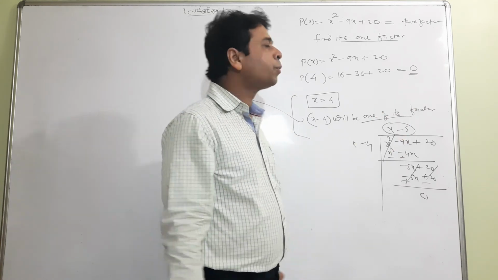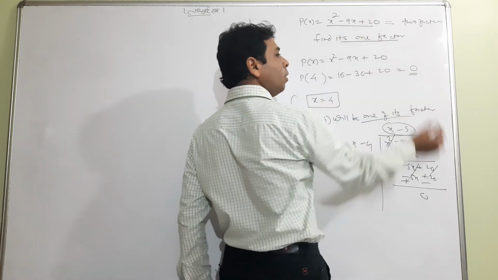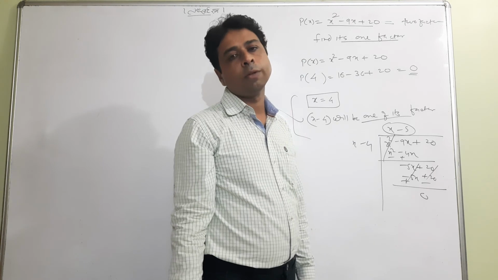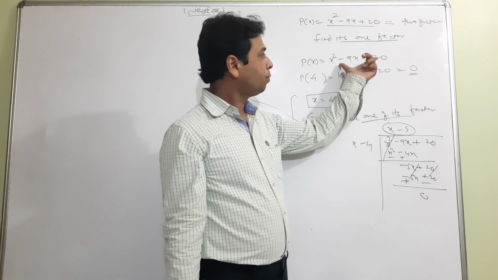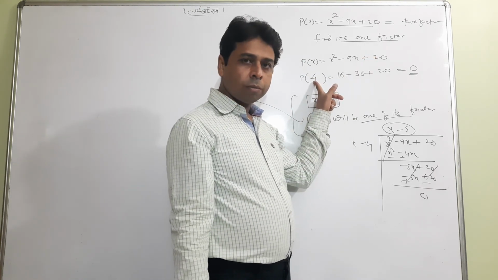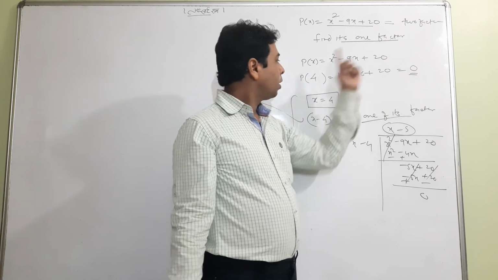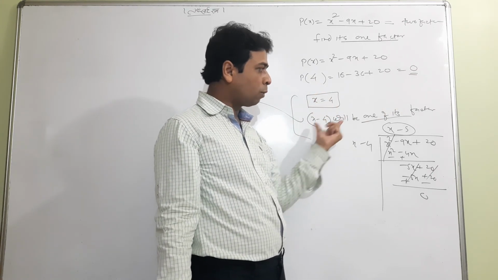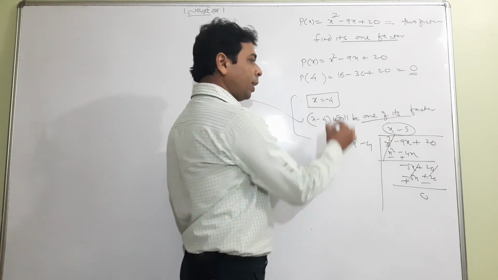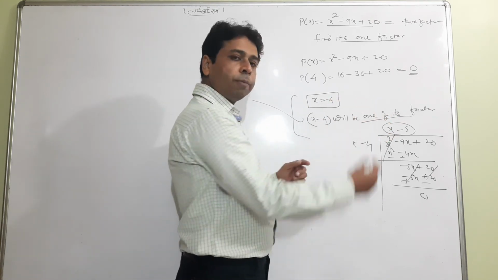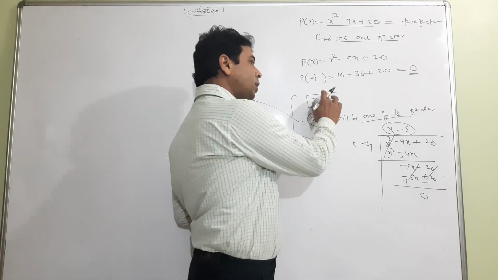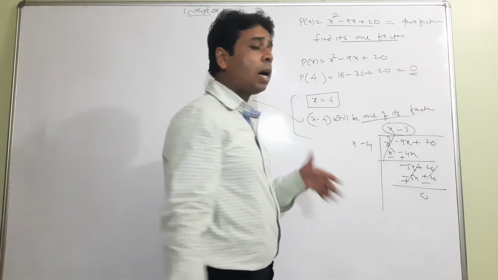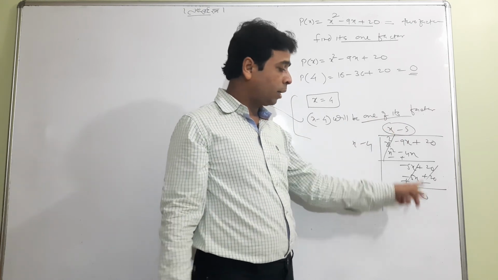This is a method. When you know any polynomial and you are told to find the factors, first write it, choose some value, and get it equal to 0. It helps you find that x equal to 4 satisfies it, meaning x minus 4 is one of the factors. Suppose x equal to minus 4 satisfies, then x plus 4 will be one of the factors. So x equal to 4 satisfying means x minus 4 will be one of the factors. How can we find the other factor? Just divide and get your answer.